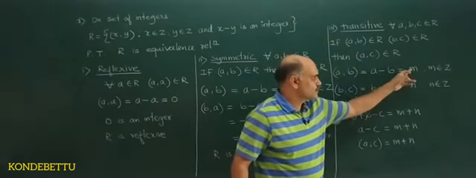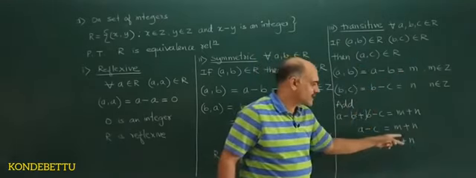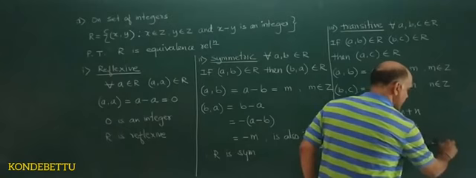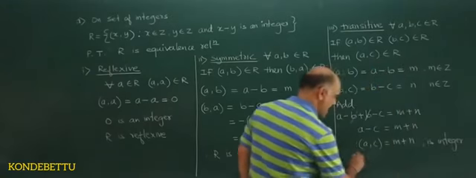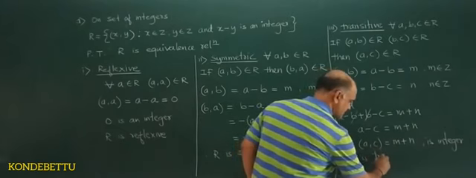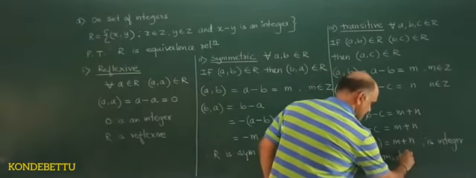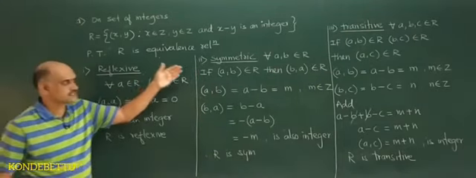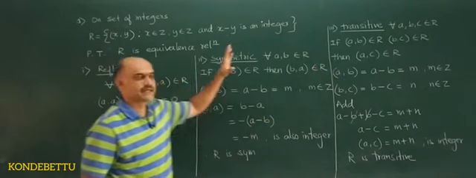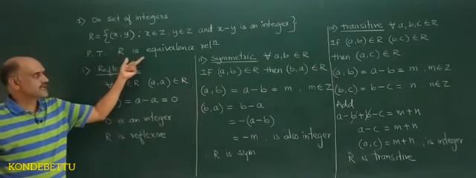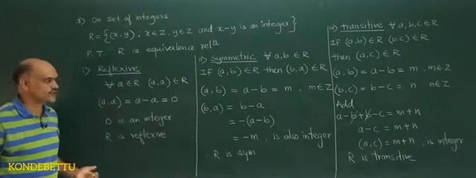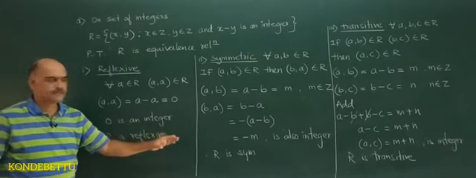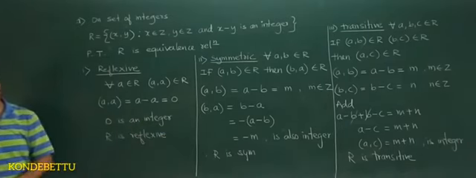But by definition a minus b means (a, b). Similarly a minus c means (a, c). So (a, c) is equal to m plus n. Again this you have studied in school. If two integers are added, again you will get an integer. So m plus n is also an integer. Therefore you can say R is transitive. So if a relation is reflexive, symmetric, transitive, then the given relation is an equivalence relation. So again students, pause the video, solve the problem, then I will go for the next problem.